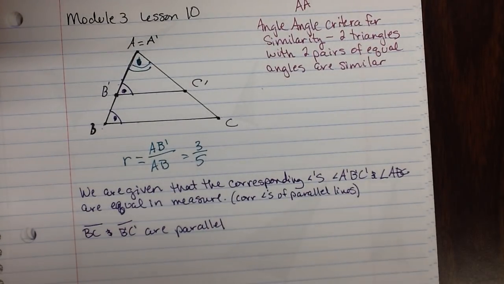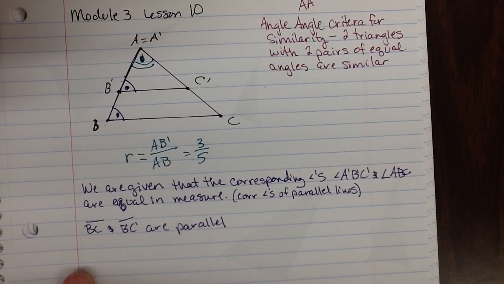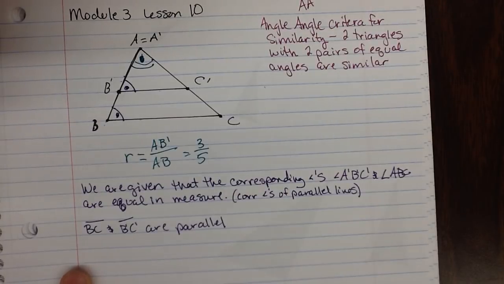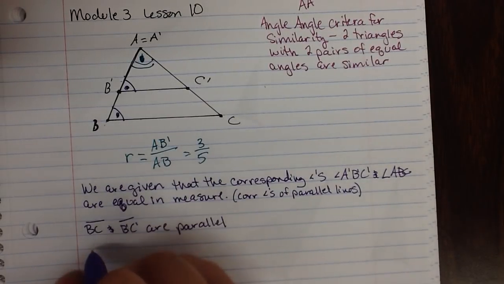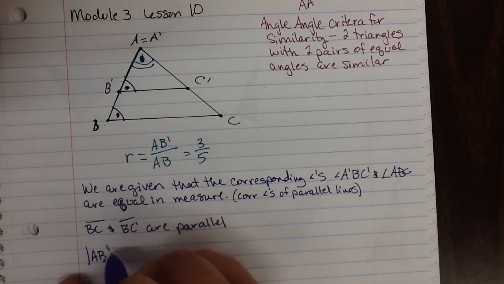Okay. We can say that the distance from A to B prime is equal to the distance